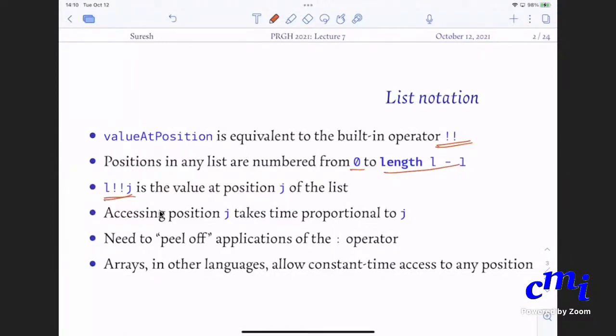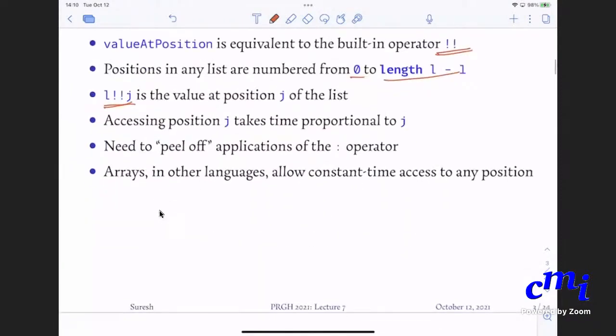One thing you notice is that accessing position j takes time proportional to j. So for instance, if I say 0, 1, 2, 3 bang bang 2, then you will have to recursively evaluate this.